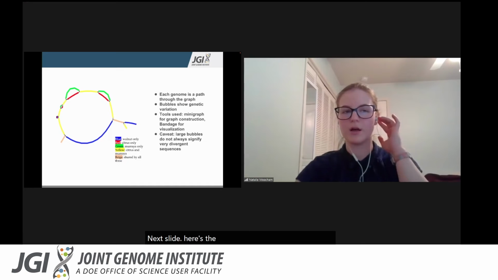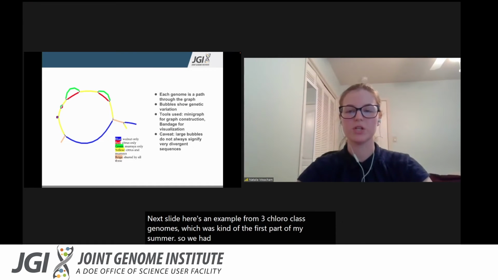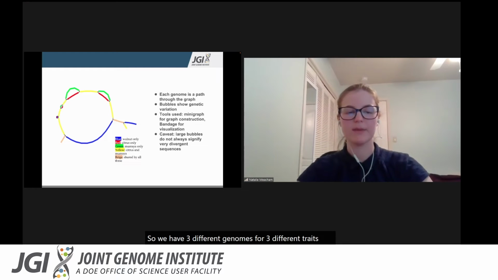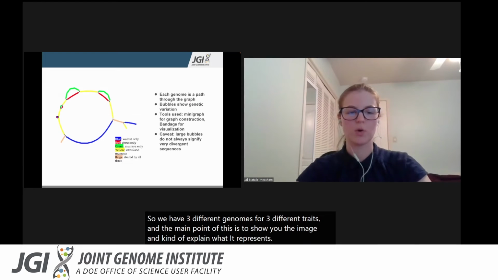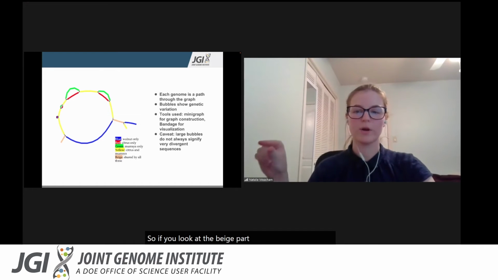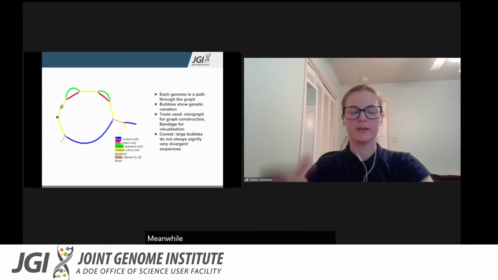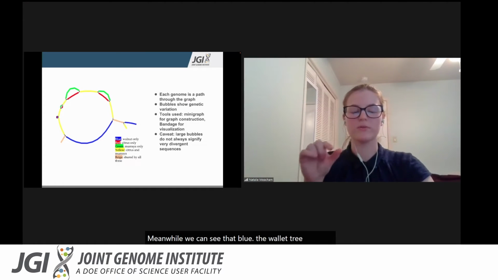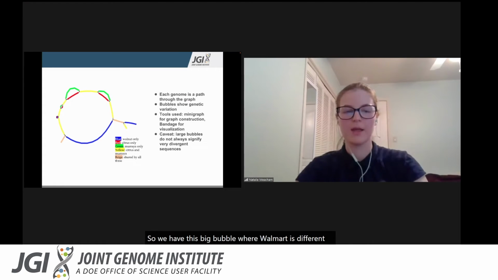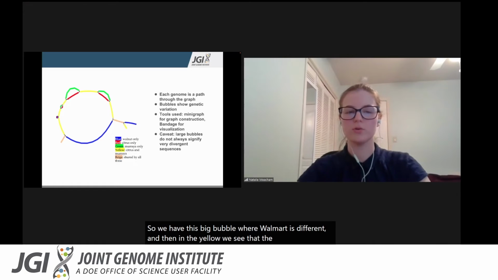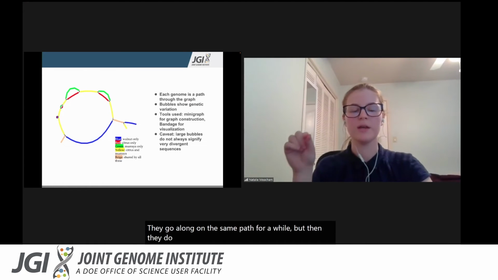Here's an example from 3 chloroplast genomes, which was kind of the first part of my summer. So we have 3 different genomes for 3 different trees. And the main point of this is to show you the image and kind of explain what it represents. So if you look at the beige part, that is where all 3 sequences are the same or essentially the same. Meanwhile, we can see that blue, the walnut tree, is more different from the rest because it splinters off early. So we have this big bubble where walnut is different. And then in the yellow, we see that the other 2 genomes are much more similar. They go along on the same path for a while, but then they do splinter off into those green and